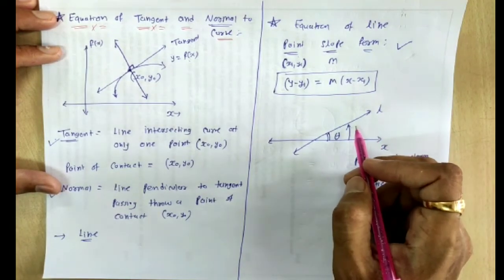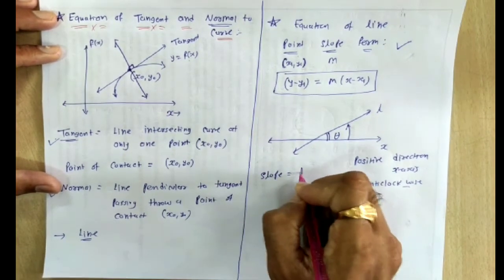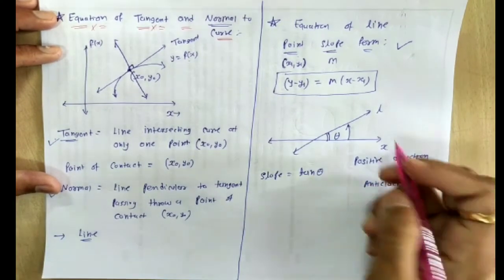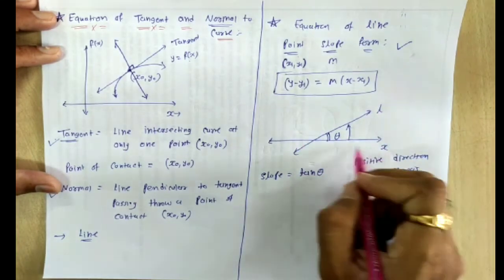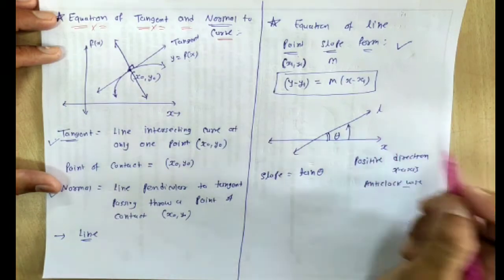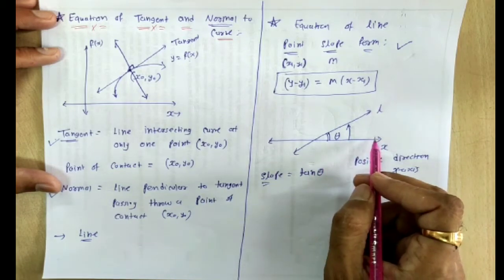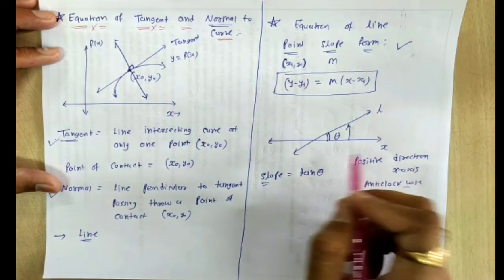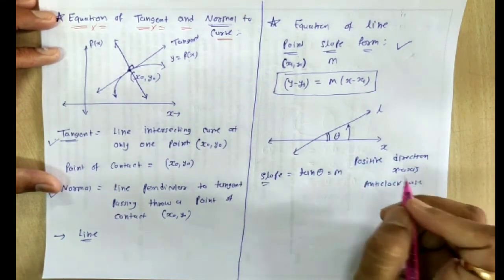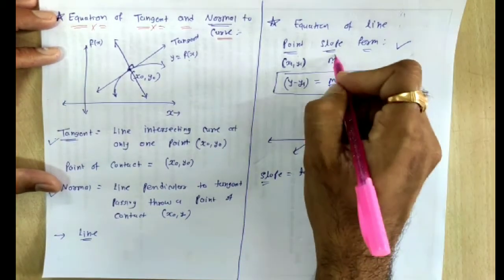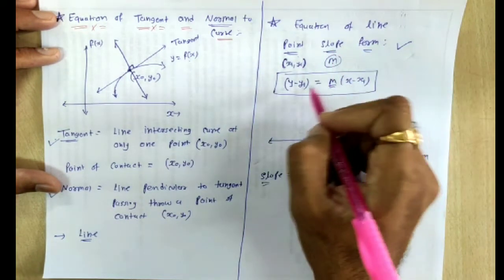Done. So tangent of angle. What is the definition of slope? Definition of slope is tangent of angle, where angle is theta. Line L is making the theta angle with the positive direction of x-axis in anti-clockwise direction. So slope can be defined as the tangent of the angle made by the line with the positive direction of x-axis measured in anti-clockwise direction. And that slope of line is represented by m. So here slope m is given and the point through which line is passing is given. So we can write the point slope form of the given line.